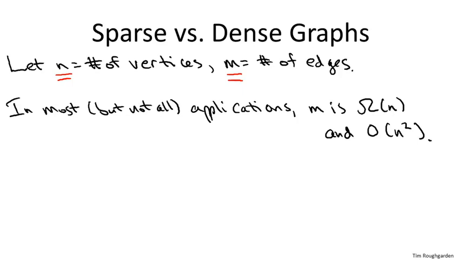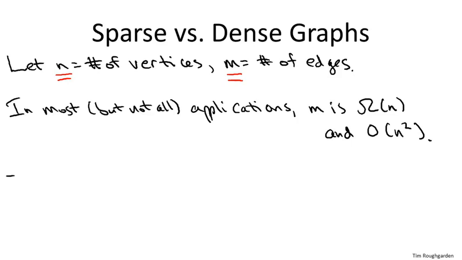Now, there are cases where we want to allow parallel arcs. In fact, we'll do that in the contraction algorithm for the min-cut problem. There are cases where we want to allow the number of edges to drop so low that the graph breaks into multiple pieces. For example, when we talk about connected components. But more often than not, we're thinking about a connected graph with no parallel edges, and then we can pin down the number of edges m to be somewhere between linear in the number of nodes, linear in n, and